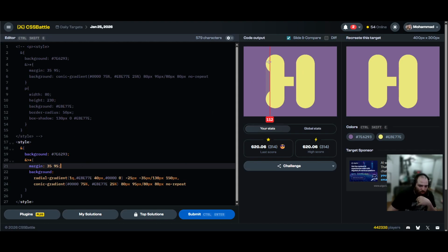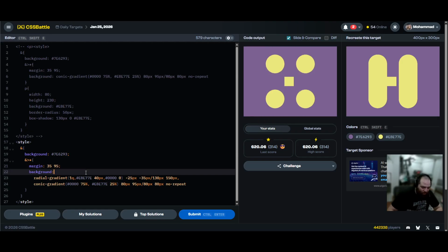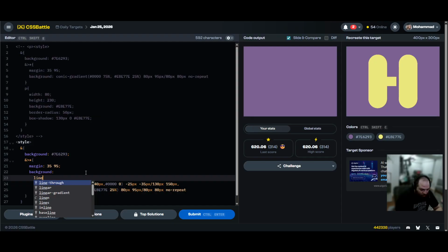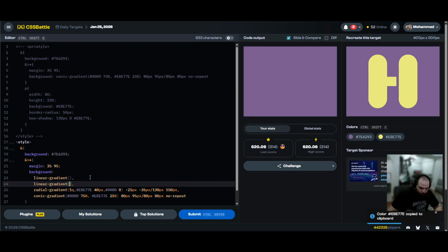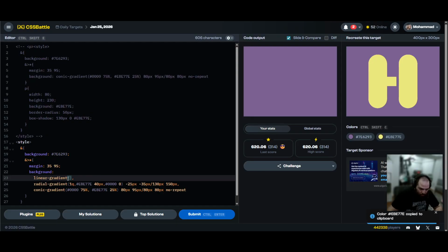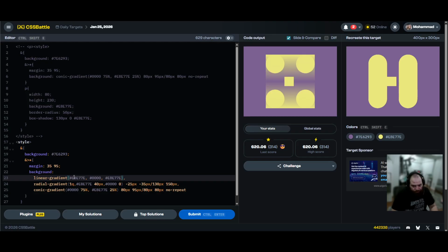Like I said, it's going to trickle all the way down. I'm going to try it anyway, but yeah. So linear gradient will go from yellow, whoopsie daisy, yellow to transparent to yellow. We have 9 degrees,